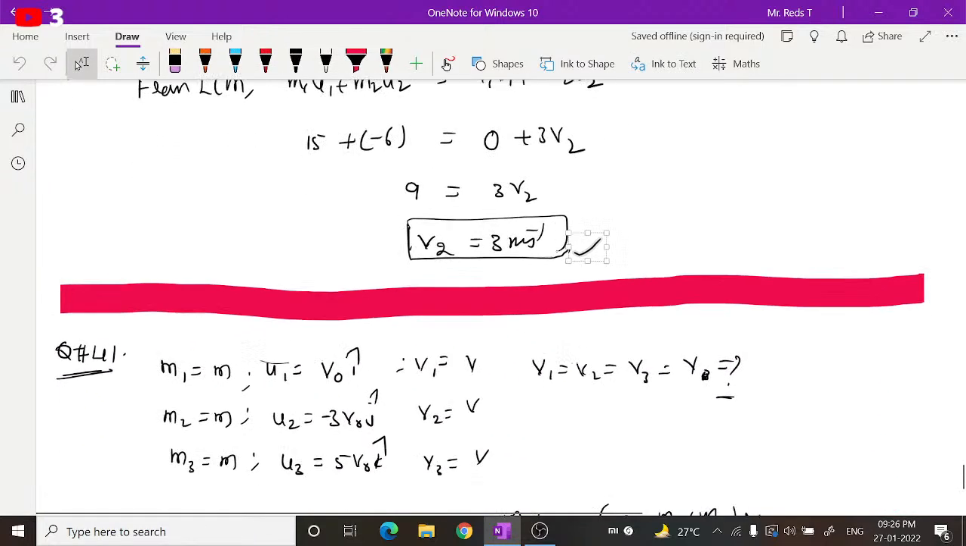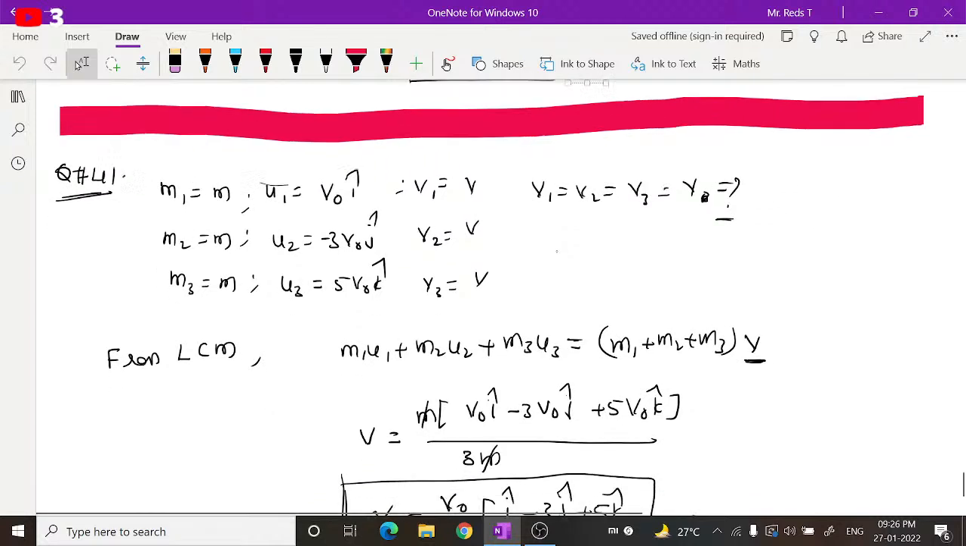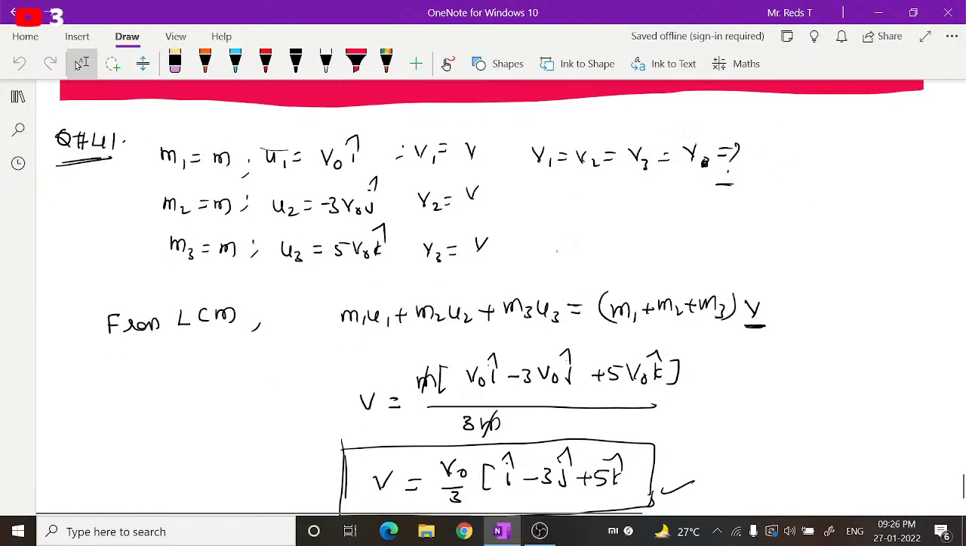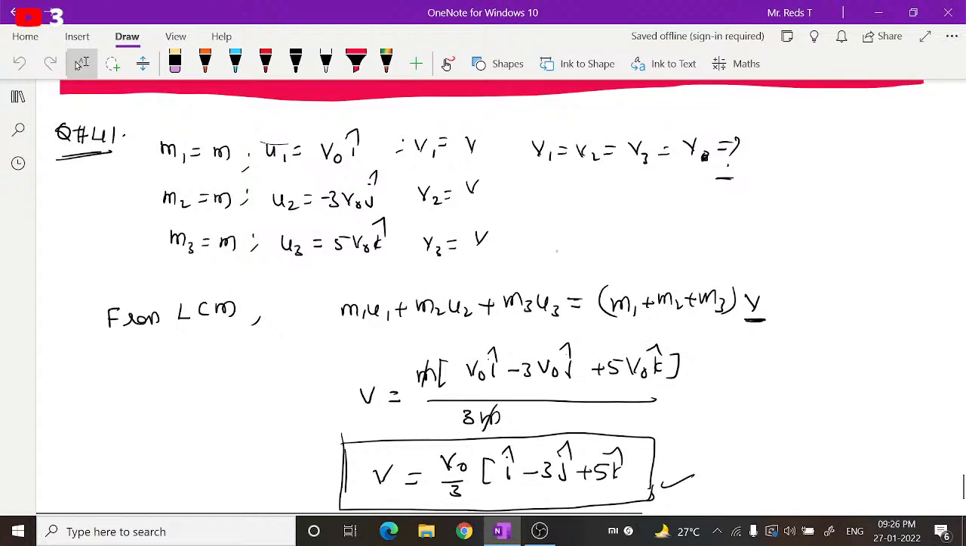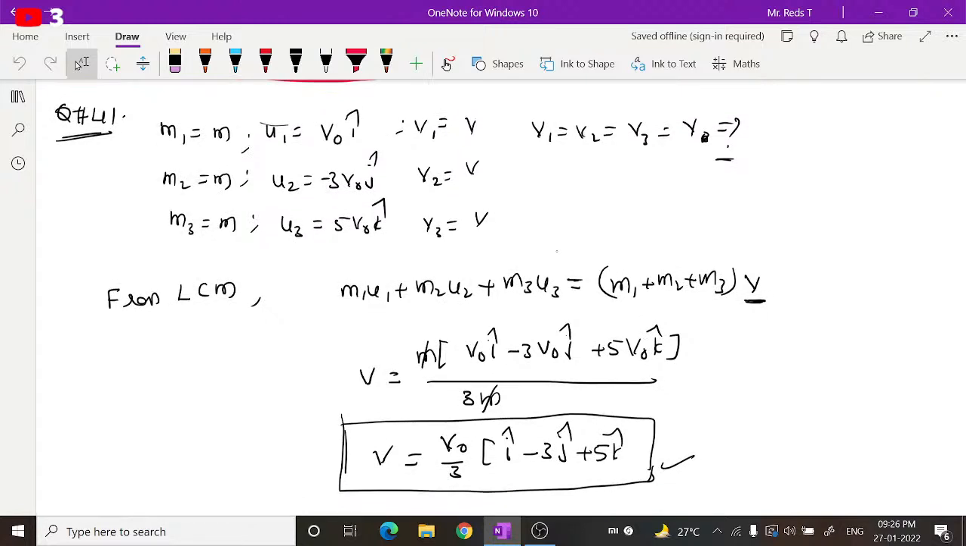Then question number 41. See here what is given and what you are asked to find. Question is, let me read the question once. Three identical particles moving with velocities v0 i cap, minus 3 v0 j cap and 5 v0 k cap collide successively with each other in such a way that